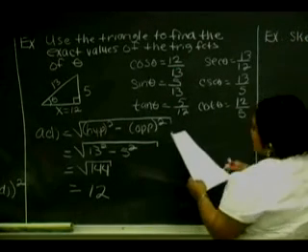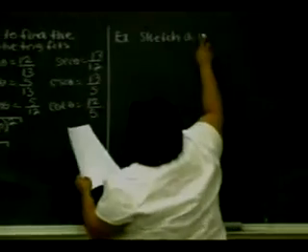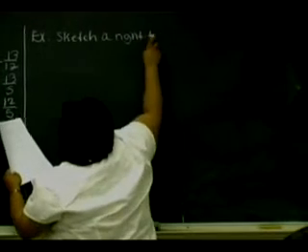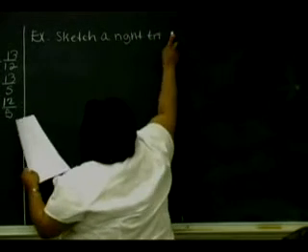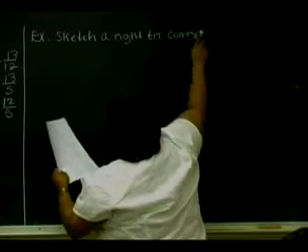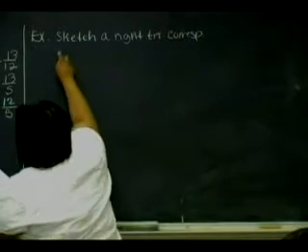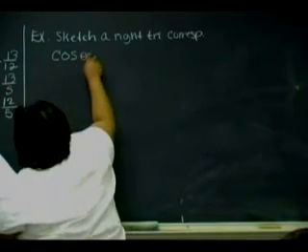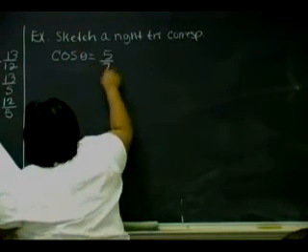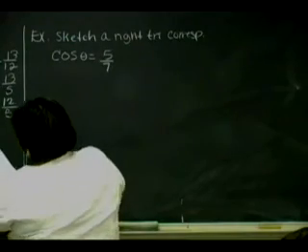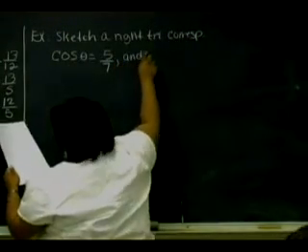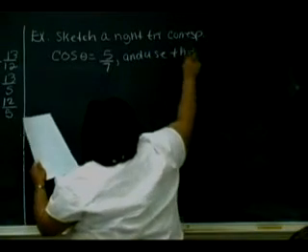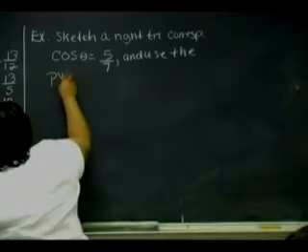Now we want to sketch a right triangle corresponding to cosine theta equals 5 over 7. Okay? We want to sketch a right triangle using this, and we want to use the Pythagorean theorem